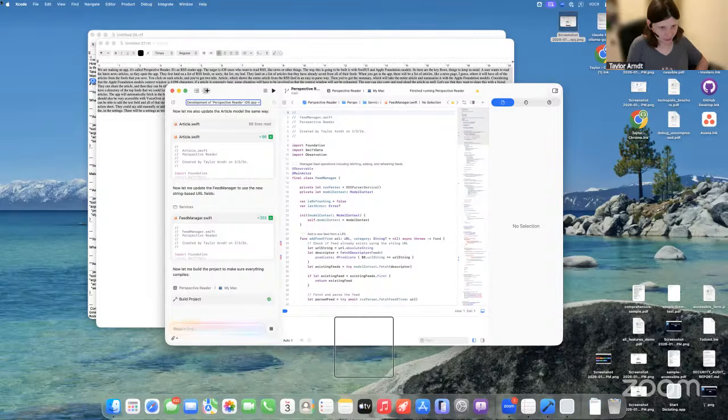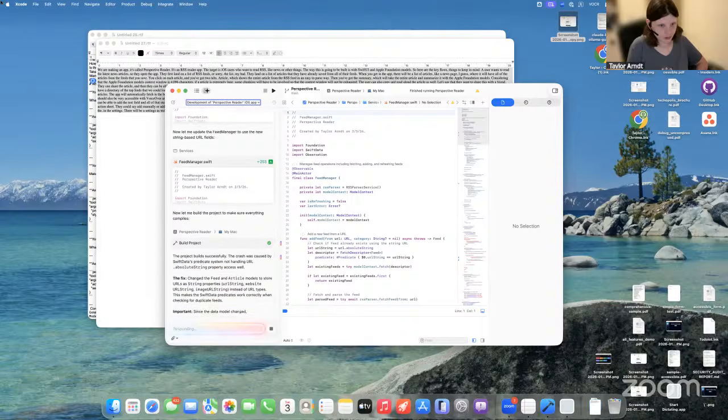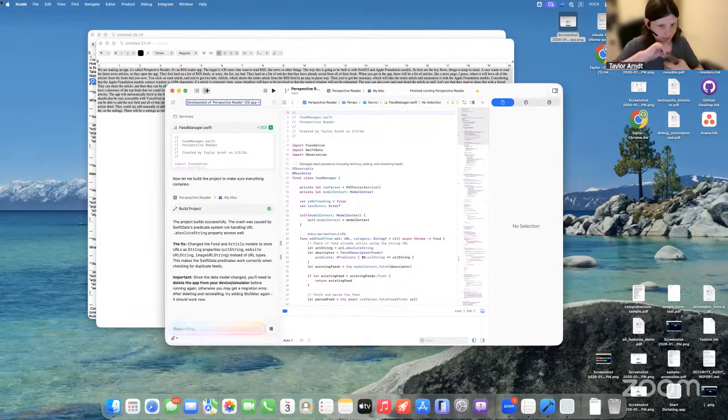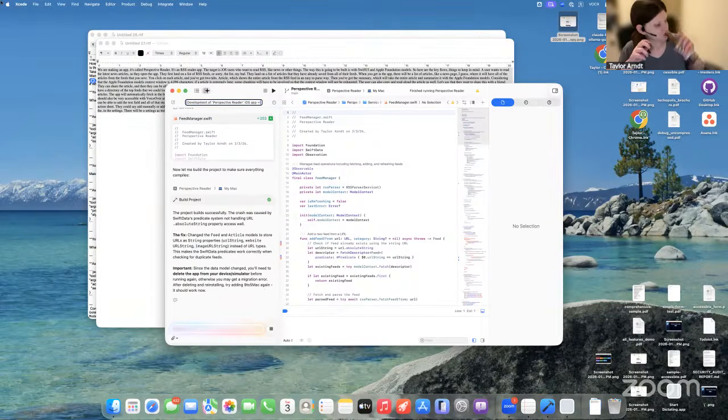So I'm still waiting for it to respond. There we go. But I think it's still responding. I wonder what that crash was caused by. Interesting. So it didn't quite one-shot it, but man,